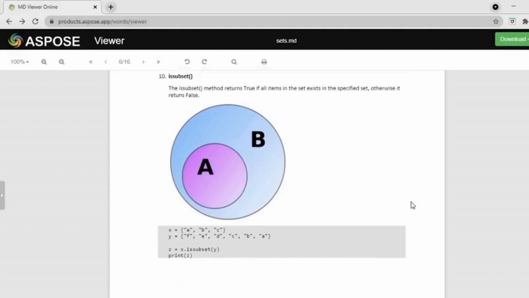Next, issubset. The issubset method returns true if all items in the set exist in the specified set, otherwise it will return false.